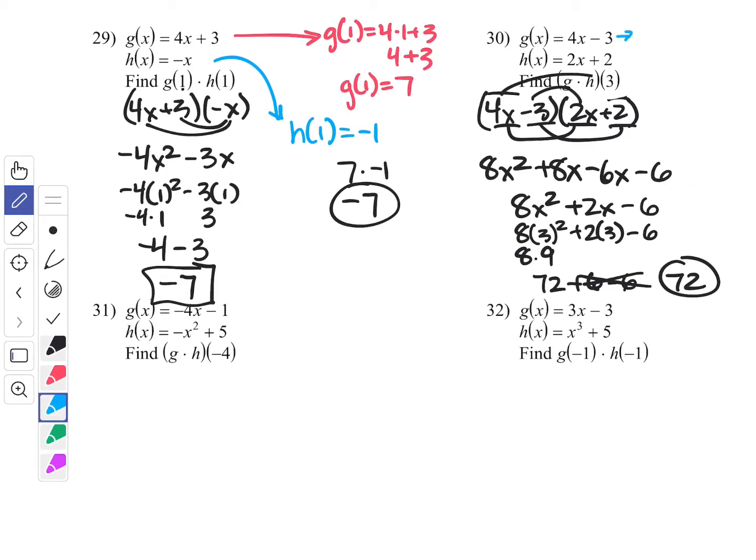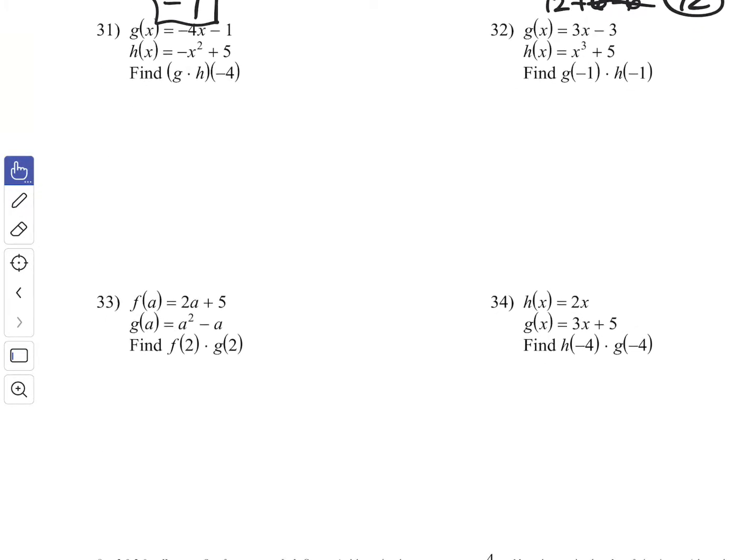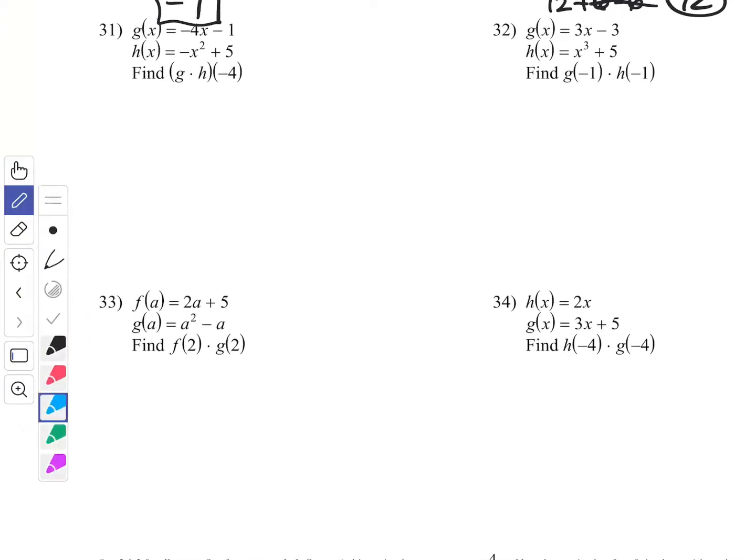But I think it's just a lot easier to evaluate and get your information that way. You're dealing with the smaller numbers generally, and then it's just a matter of going g times h, and you get your result, which is the same. So I think that way is just easier. So that's the way I'm going to do the rest of these, because that's the way I want you guys